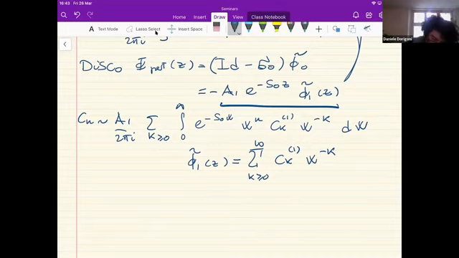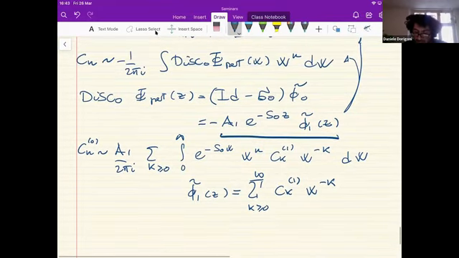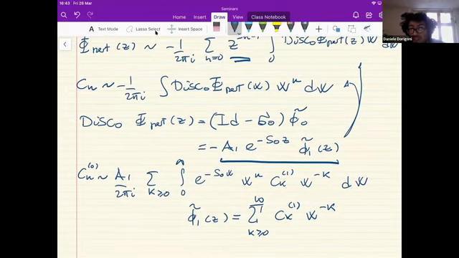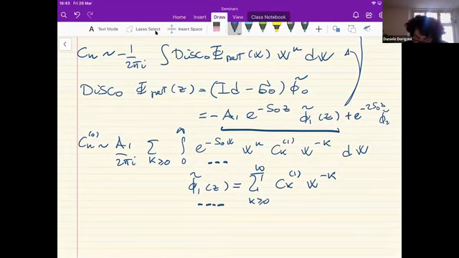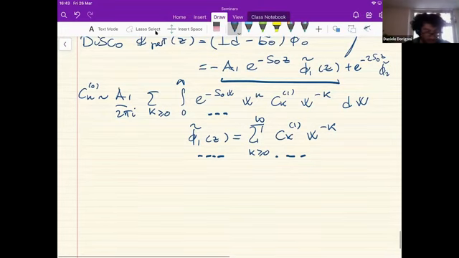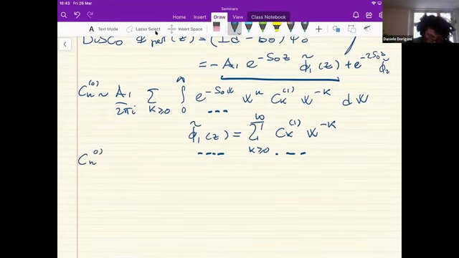If I wanted to be consistent, I could have put a 0 in here to denote that the c_n0 are the perturbative coefficients. Again, in the case of the one parameter transseries that I did before, here I would have also got e to the minus 2 s naught z phi 2 tilde, and so on. All of these would have contributed, each one of them with an exponentially suppressed correction, and each one of them with their own perturbative expansion. At this stage, it's easy to do this integral, and we get the following relation that we have seen many times in this whole school.